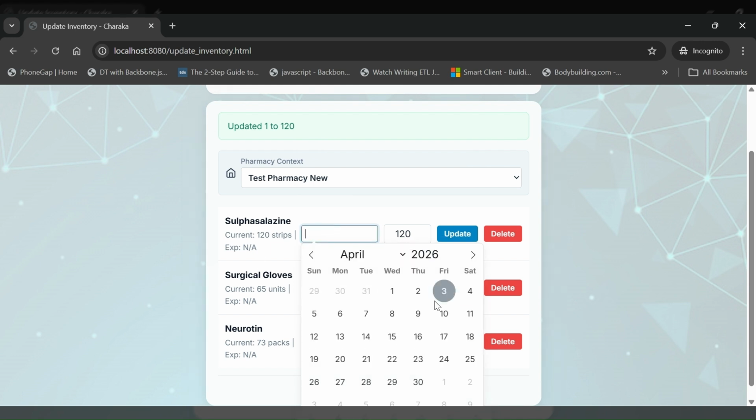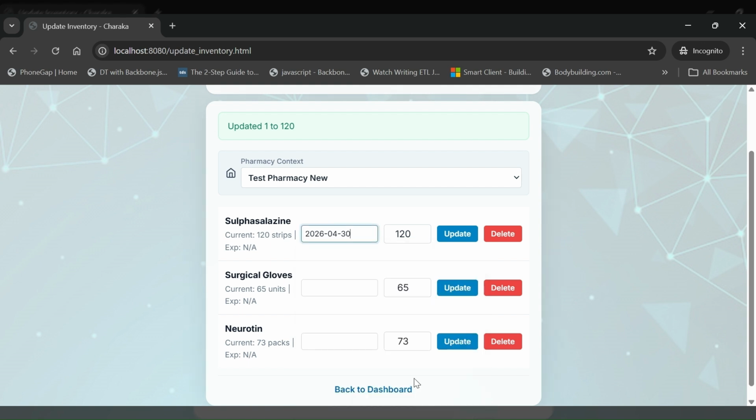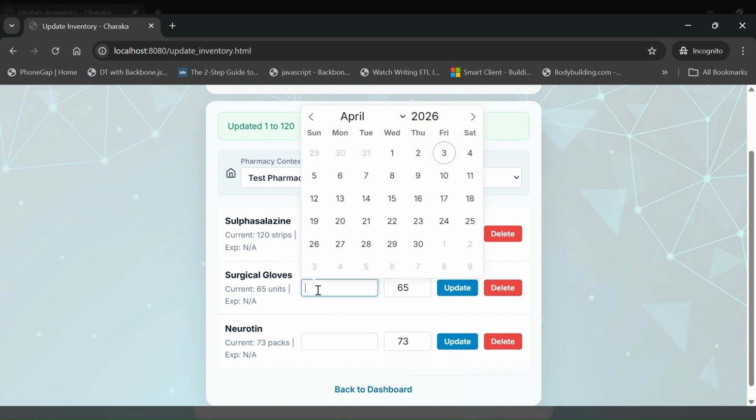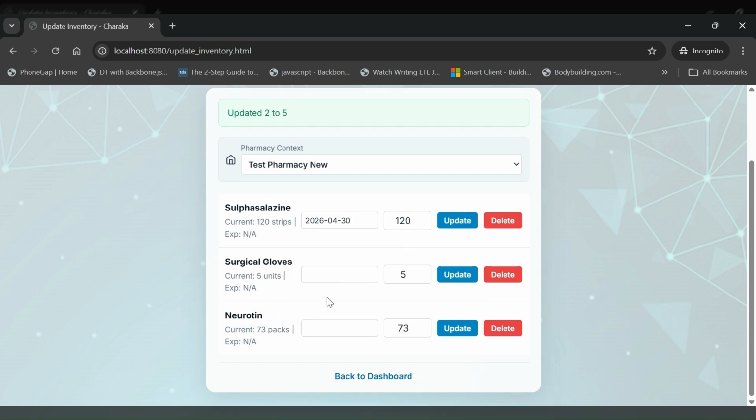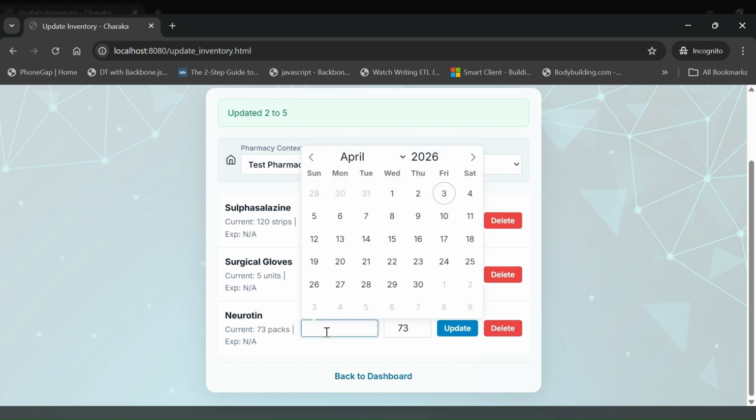Let's keep this as 30th. And surgical gloves does not require an expiry date. So let's just keep this as 5 for now. And Neurontin also, let's keep it as,